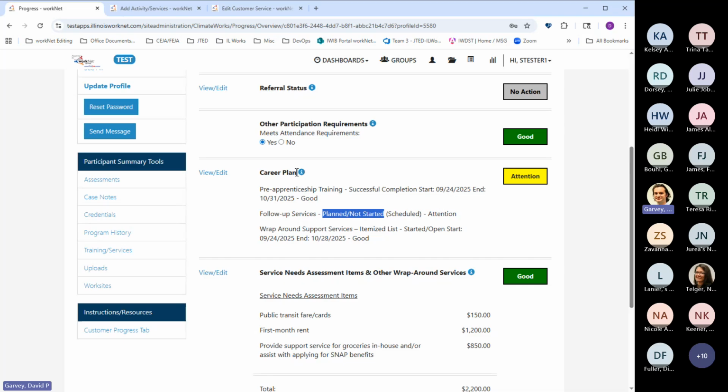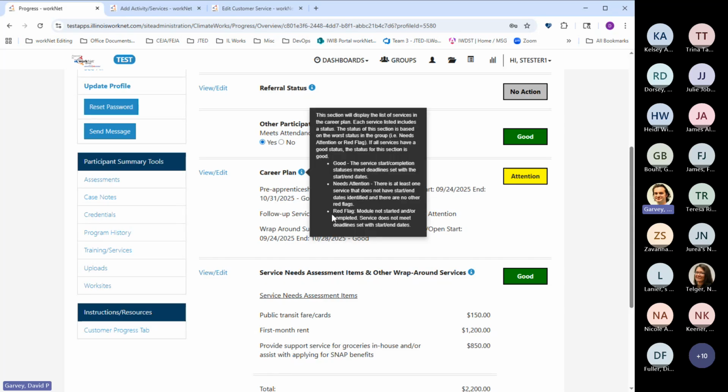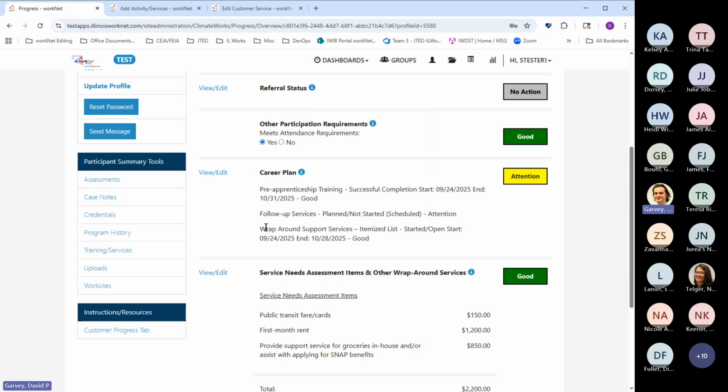And I think because I added this customer today, I won't be able to show a red flag for this one, but a red flag will populate here if, for example, this service for wraparound services was started August 2025, and we said it would end, let's say last week, September 18th.